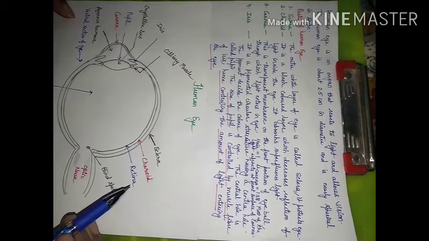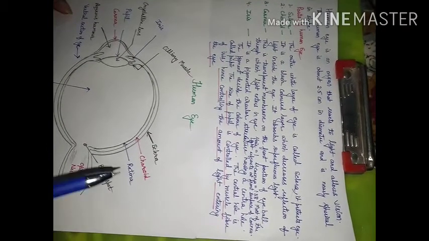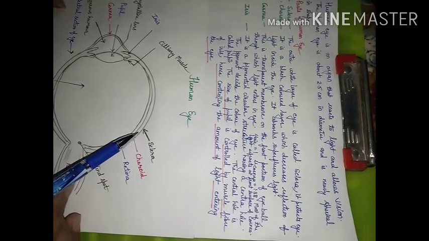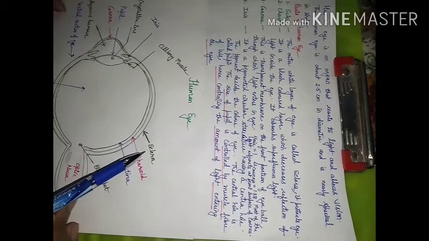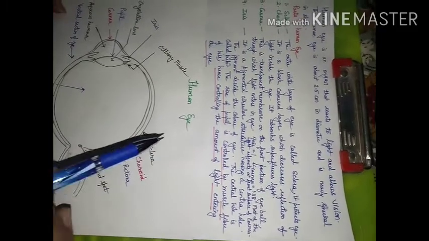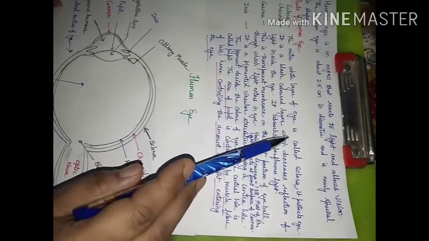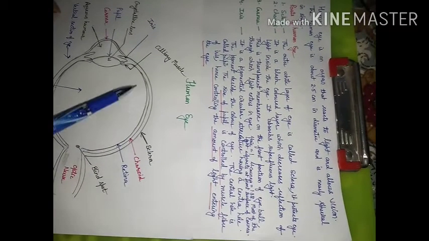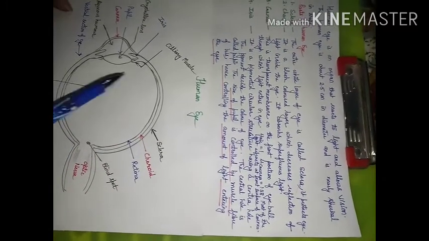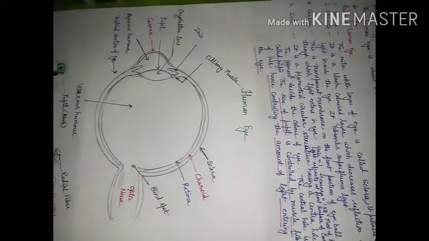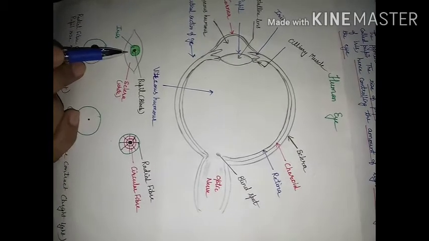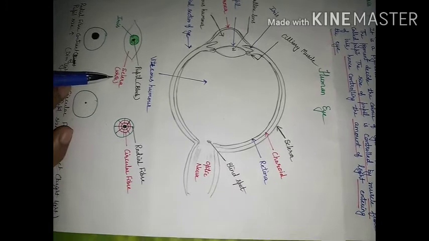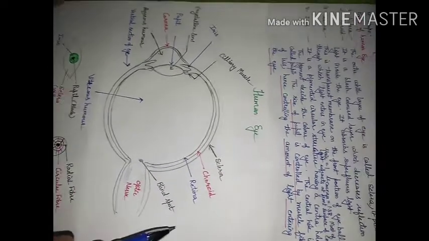If we talk about the different parts of the human eye, we will move from exterior to interior. First, we are going to consider the very first layer, known as the sclera. What is the sclera? The outer white layer of the eye which protects the eye is known as the sclera. This is a vertical section of the human eye. If you see the front section, this white part in your eye is known as the sclera, and its function is to protect our eye.